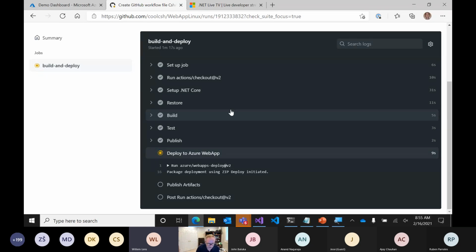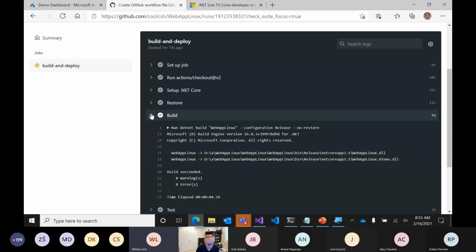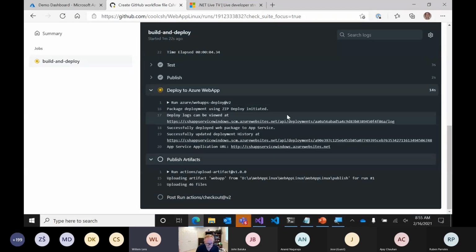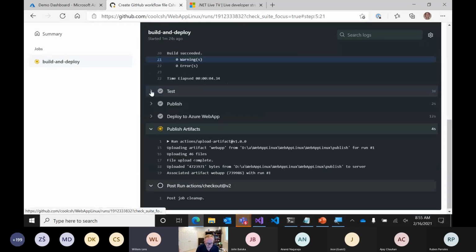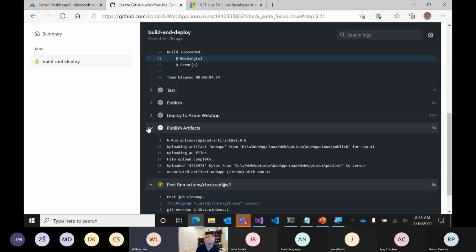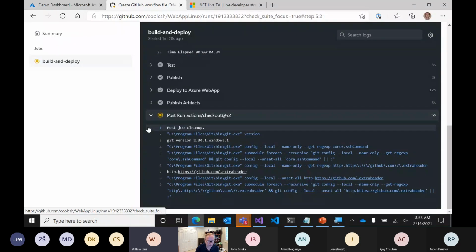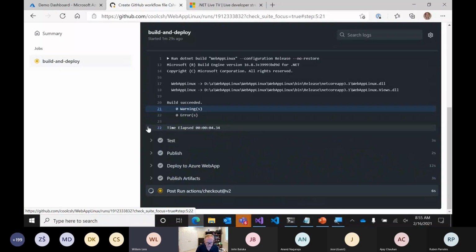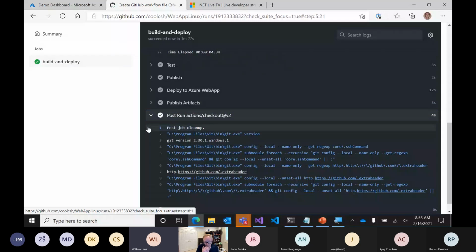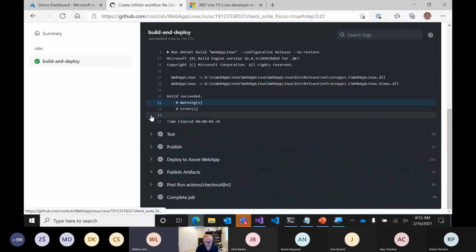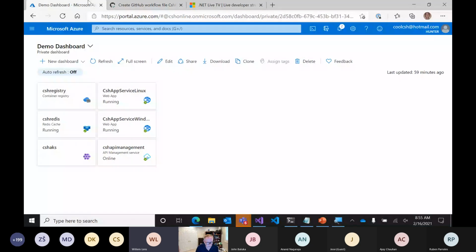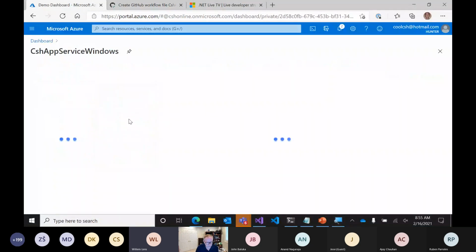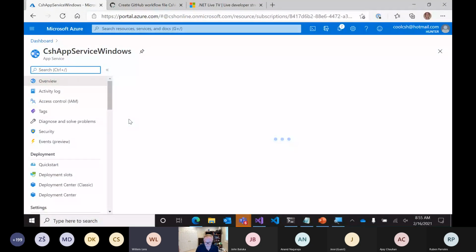And so you can see if I go open one of these up, you can see all the stats of us doing the build in here. You can see it's doing the publish now. Publish just finished. It's doing a post action cleanup, and we're good to go. And as I said, anytime you push to the GitHub repo, all this is going to fire off again. And if I go to my dashboard over here, go to App Service, my Windows App Service here,